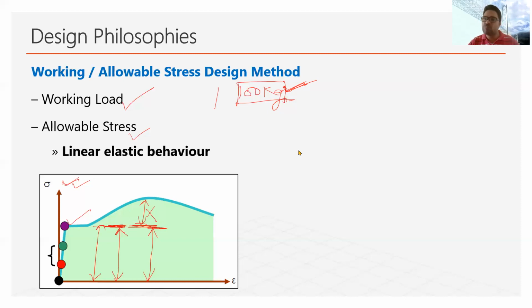After that he won't be able to carry this much load. So it means we cannot consider this as a working load. We will only consider this load as a maximum load it can carry. But now we have to find that load which this person can carry for his entire life.